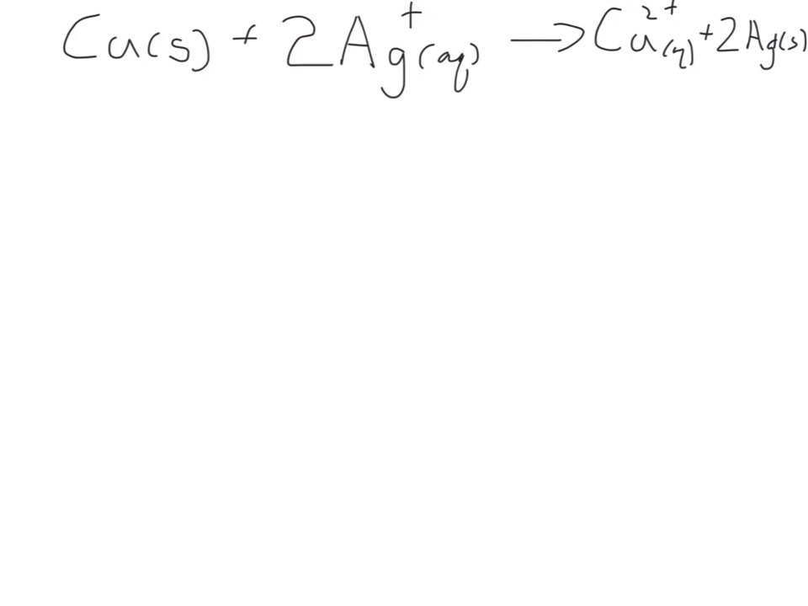Let's take a look at a very simple reaction. The reaction of solid copper with aqueous silver ion to yield the copper 2 ion and solid silver. In this reaction, it's much clearer to see what's happening. First of all, let's state our goals. Our goal is going to be to determine